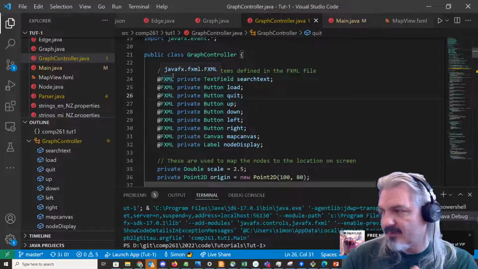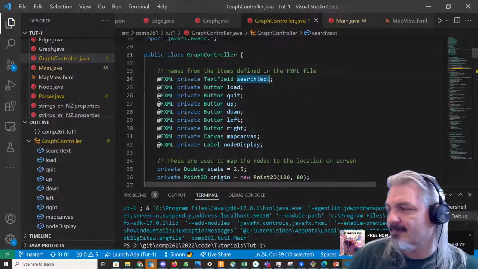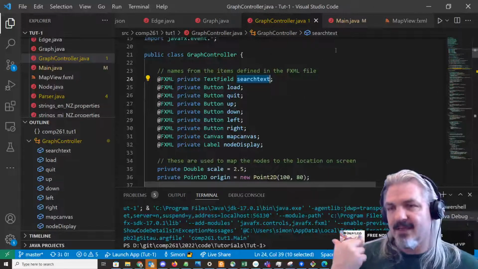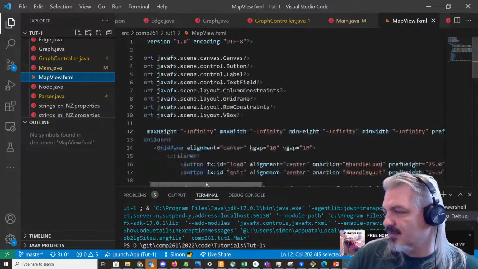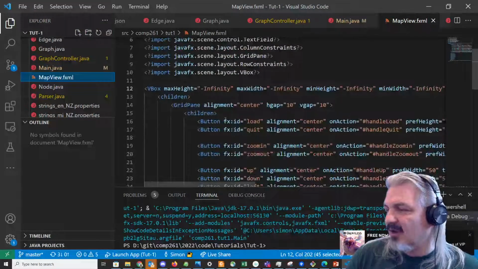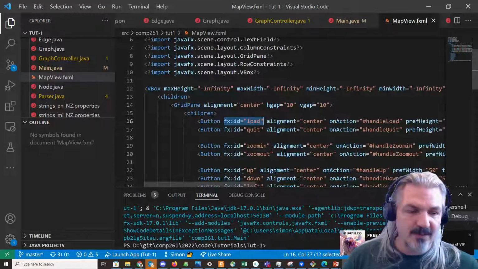It's private for the controller, and then I have the same name here as is in the Fxml file. So if we have a look, we have an fx:id, which is the load. Okay. Now, if we look specifically,